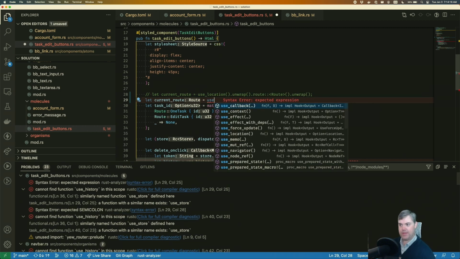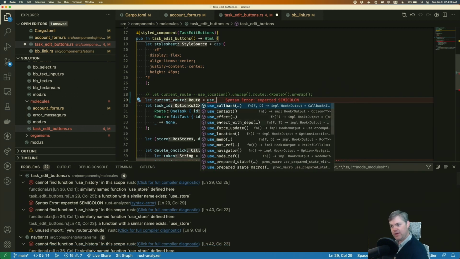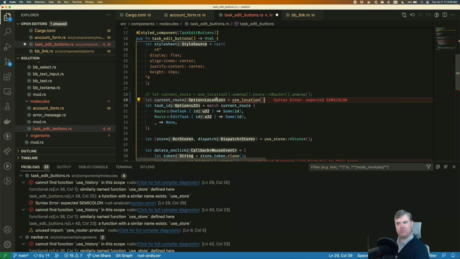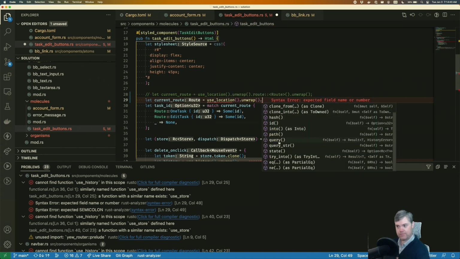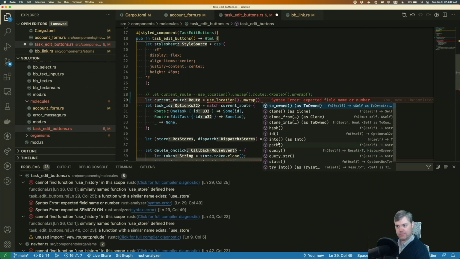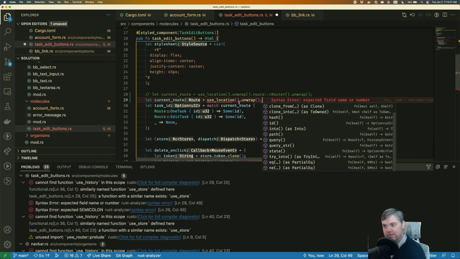What do we have? So we have use callback, context, use location. So did I use history? I want use location. Okay, so we unwrap that. That gives us a location here. Now I want to get the current route off of it. What do I get? The current route is going to be